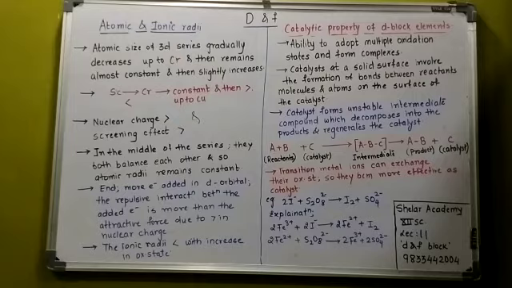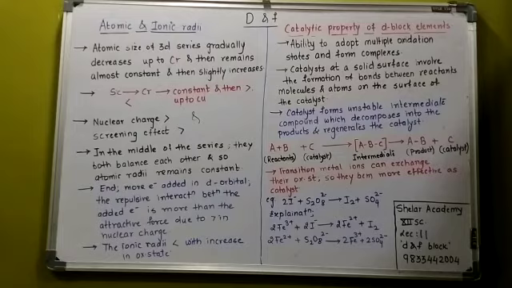This will increase the concentration of the reactants at the catalyst surface, the bond becomes weak, and so the activation energy is decreased, and the catalytic substance forms an unstable intermediate. After that it will decompose, the products are formed and the catalyst is regenerated. I've written it here: A plus B is the reactant, reacting with C, which acts as a catalyst to give an intermediate. After that the product is formed and the catalyst is separated.